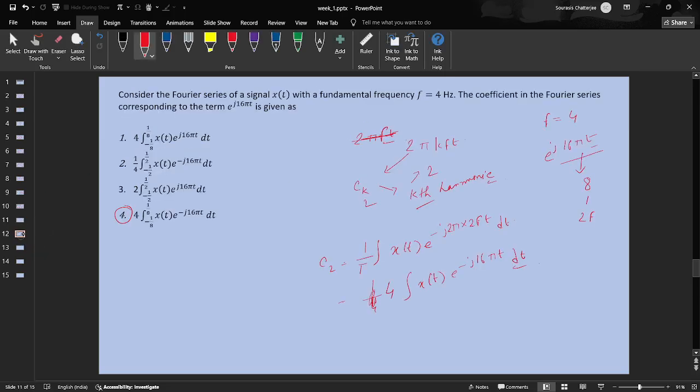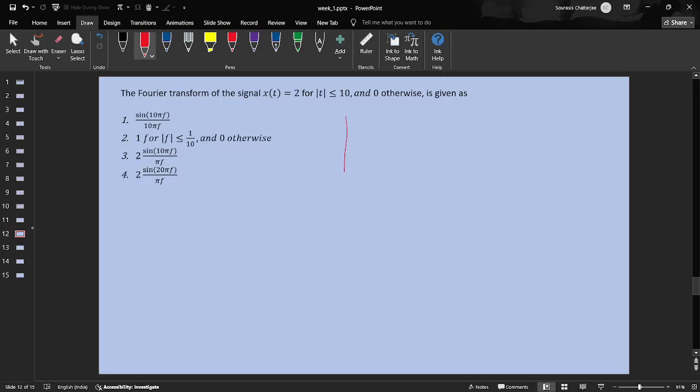If I plan to draw it, it's going to be like this. This is my xt. How do I find its frequency domain representation, or Fourier transform? This is, as you can see, a continuous aperiodic signal. So I have my X(f) as